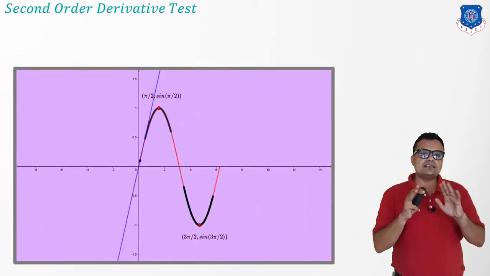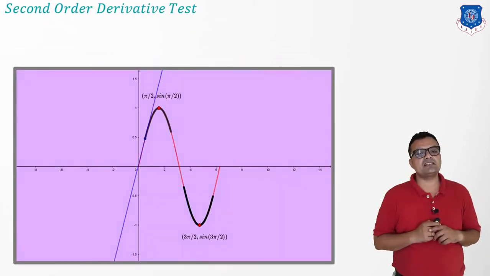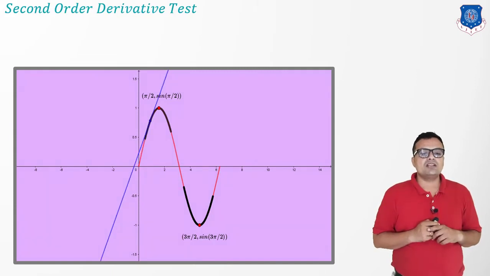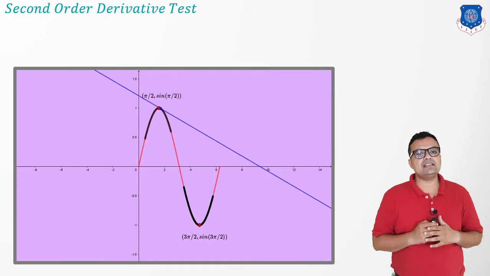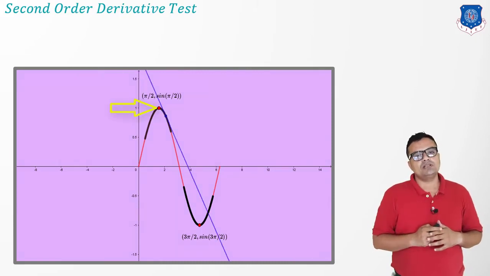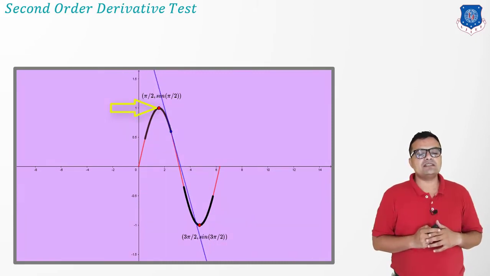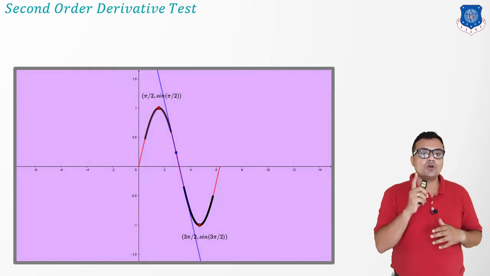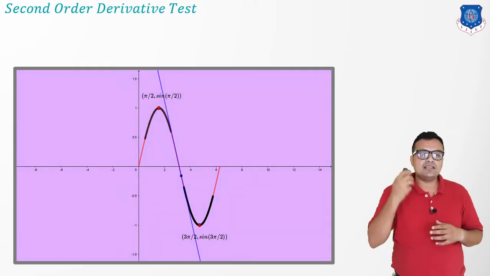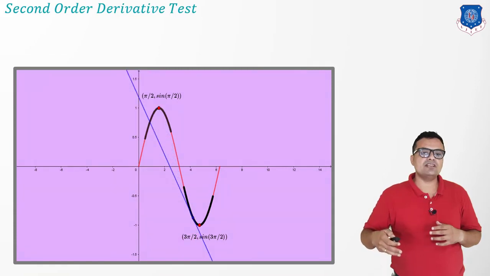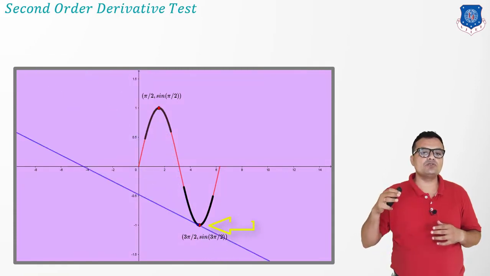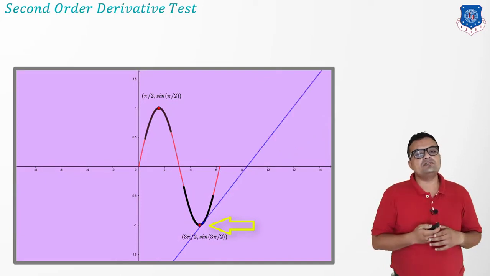So to understand this whole criteria, I am considering the graph of the sine function. Now if I move on the sine graph, I can see clearly that at point pi by 2 my graph is attaining its maximum. So that point is one critical point, and then onwards the graph will start dropping its value, and suddenly whenever it reaches 3 pi by 2, again the tangent's value is 0,